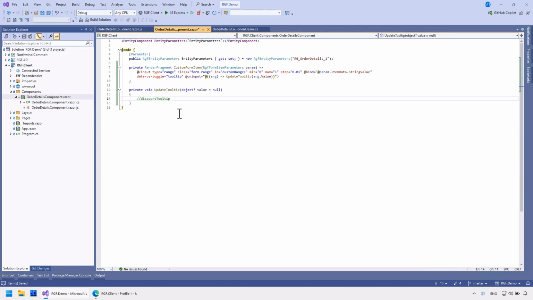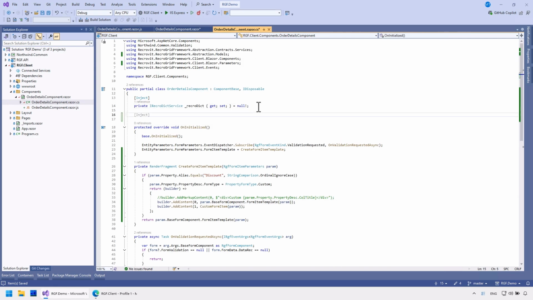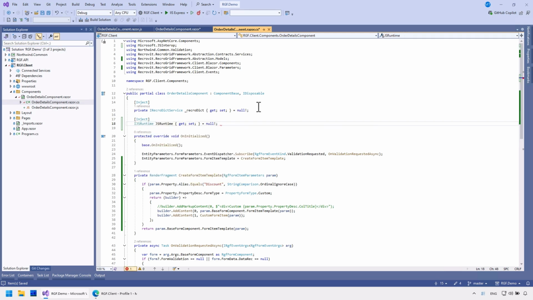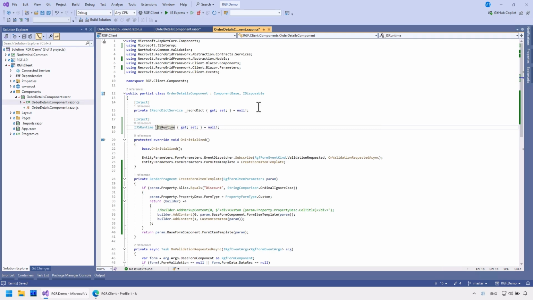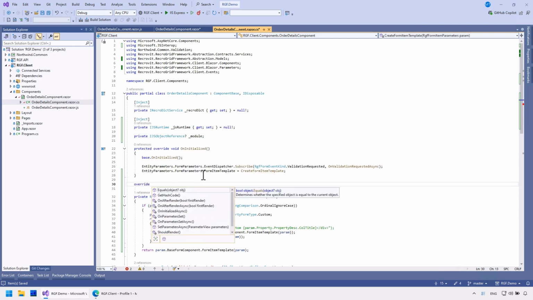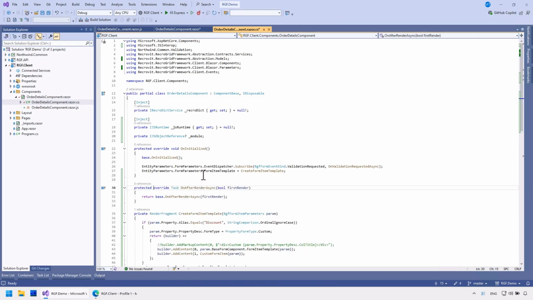I need to call it here, but first, I need to load the script. I will need JS runtime and a JS object reference. I will load the script in the after render.